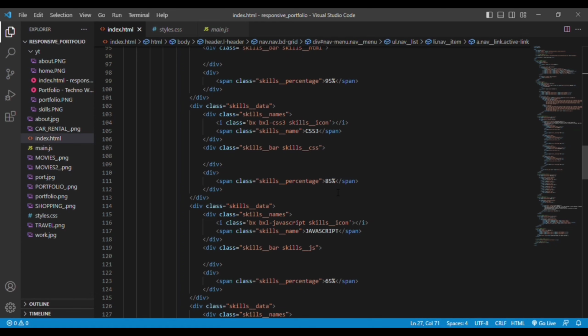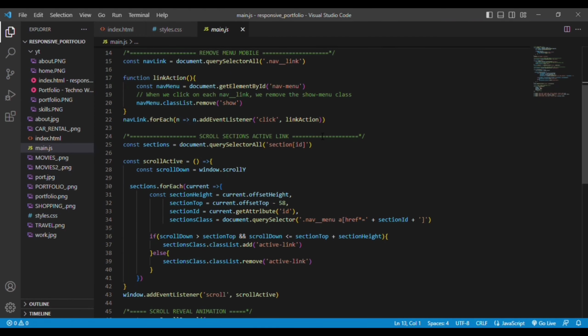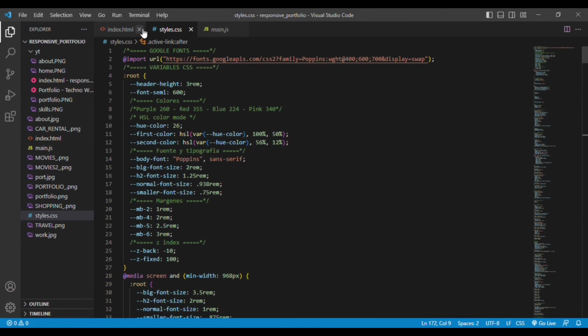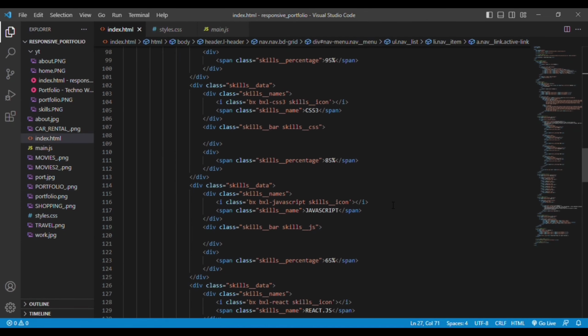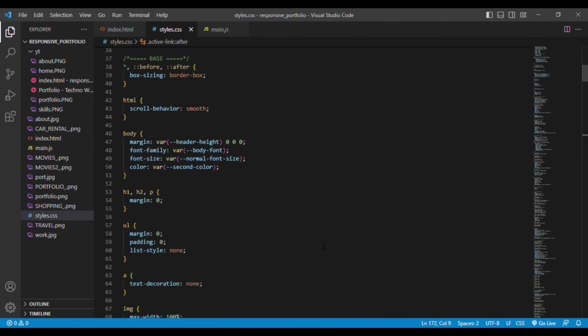If you look closely, we have skills name, skills CSS, then skills percentage. These three classes are very important, because by using these class names we are going to implement the percentage. So we will be representing that percentage, 85 percentage, using the styles. I will show you, just one second. The styles will